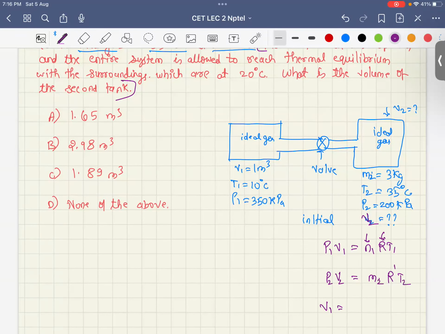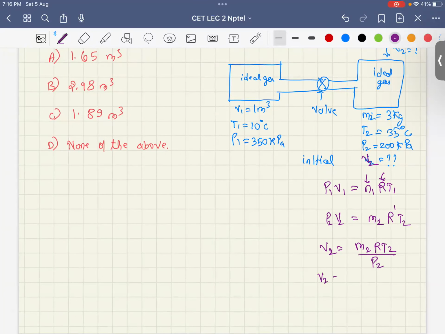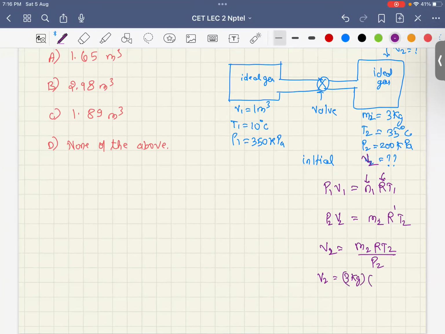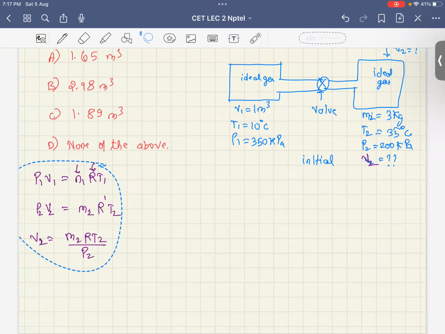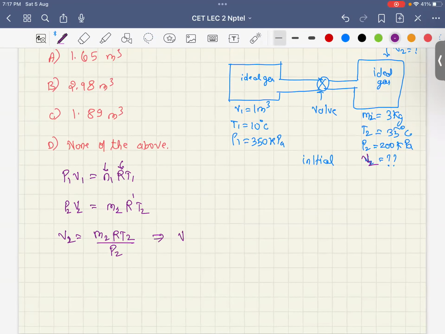V2 is M2 R T2 by P2, right? What does this mean? V2 is going to be M2, which is 3 kg, multiplied by the R value. Let me write it down here, all of this in here. So V2 is nothing but M2, which is 3 kg